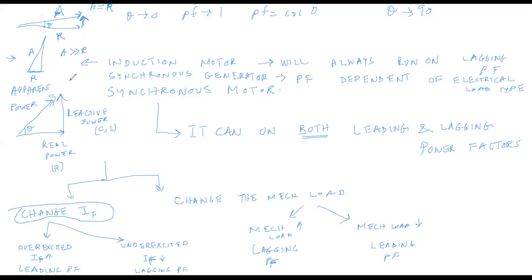Because of inductors, you have this reactive power side, this vertical side, and you know the effect of a capacitor is opposite to that of an inductor. So you can install capacitors in your home to make the magnitude of this vertical side smaller and smaller, and to make the power triangle look like this. So a capacitor is a device in which the power factor is leading. As you know, in an inductor it is lagging.